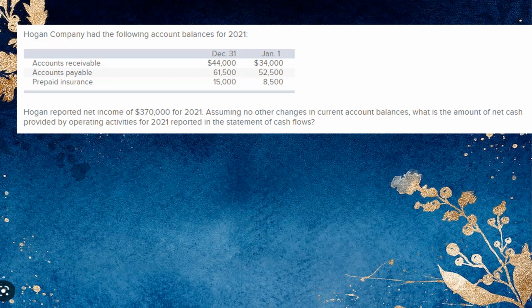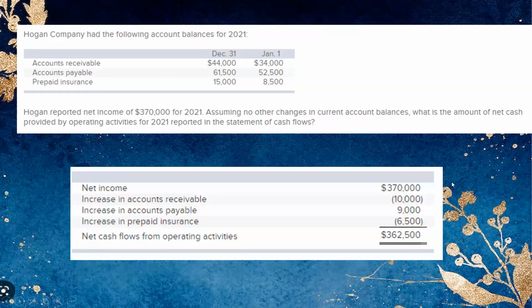Okay, so how do we work through this one? We have to decide whether or not these three accounts that it gives us would affect operating activities, and if so, would the increase or decrease add or subtract to the net cash flows? So I'll go ahead and pull it up so that we can talk through it. It tells us that the net income was $370,000,